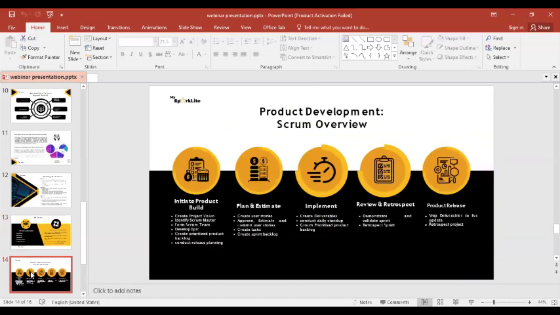So I then went down to the product development phase and I explained that in building product development, you should also know that in Scrum, it is expected that your Scrum team size should be between 6 to 10 people. So you are expected that if you are going to do a Scrum team successfully, you need to have 6 to 10 people in that Scrum meeting. So why is it 6 to 10?